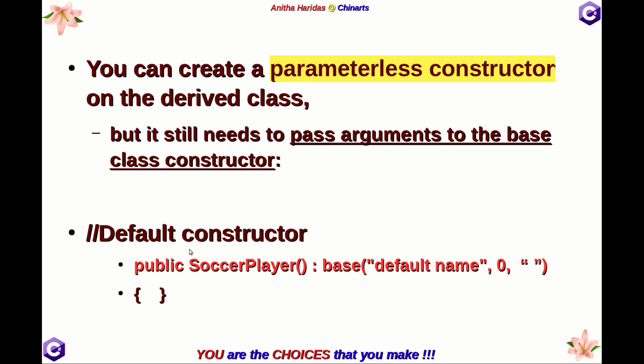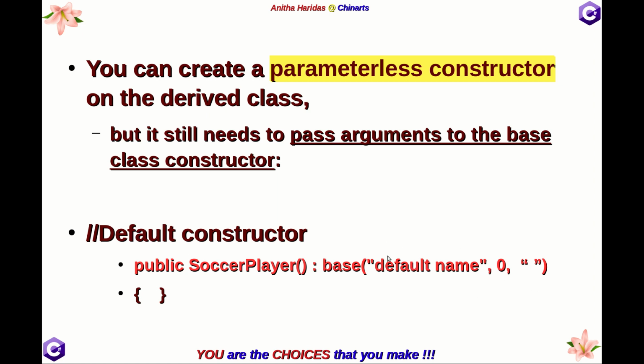What we have done is define a default constructor, which is a parameterless constructor. I am not passing any value to the default constructor, but the base class has only a parameterized constructor defined. So if I want to pass values, you can set some default values here and pass them to the base class constructor.